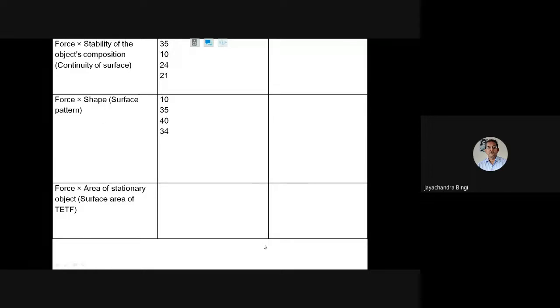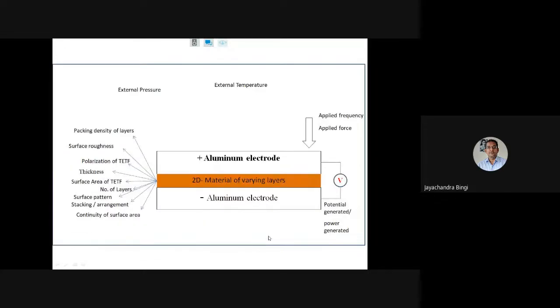Yours is shape, that is surface pattern. This surface pattern you are going to do in this material, but not a normal surface pattern. The surface pattern should be of composite material. Composite material means it is not actually of a single material. It should be like compound materials. So this composite material with pattern you are going to fabricate, which can be replaceable prior to the